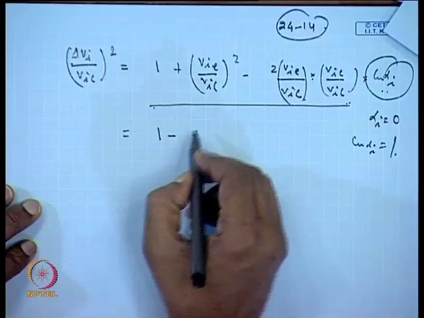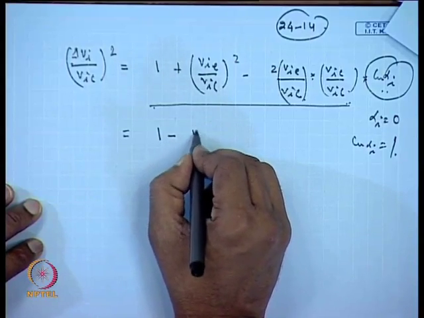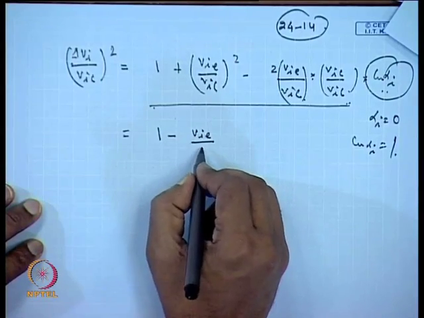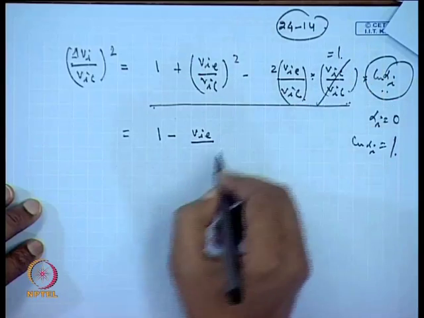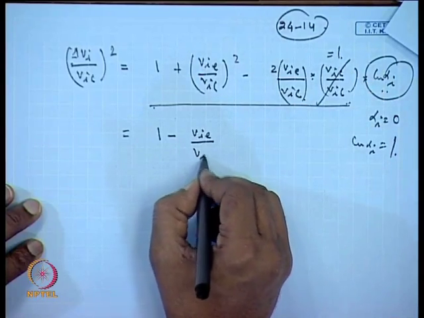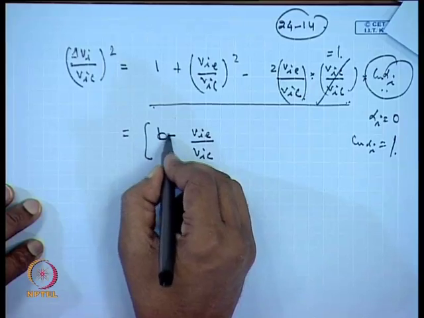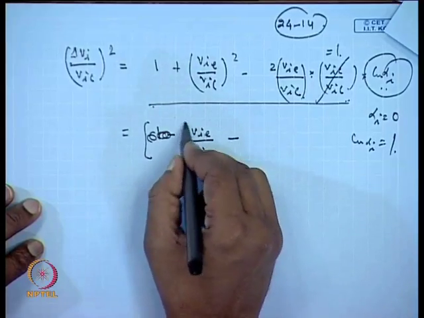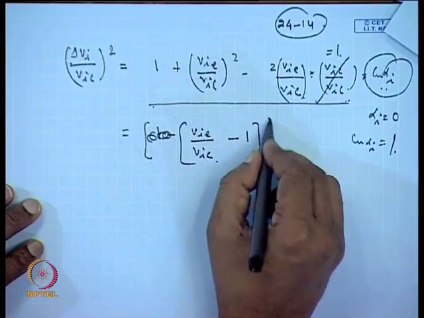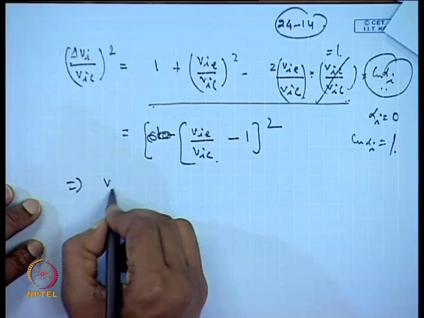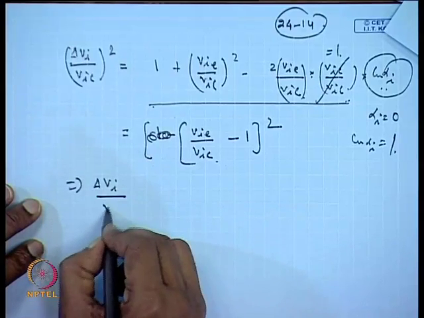So, this can be written as 1 minus V I e by V I c, this quantity becoming equal to 1. We will write this as V I e by V I c minus 1 square. Okay, so, this implies delta V I by V I c